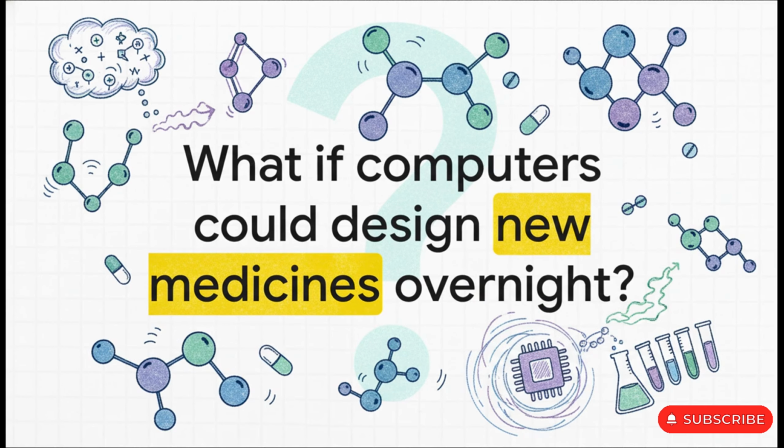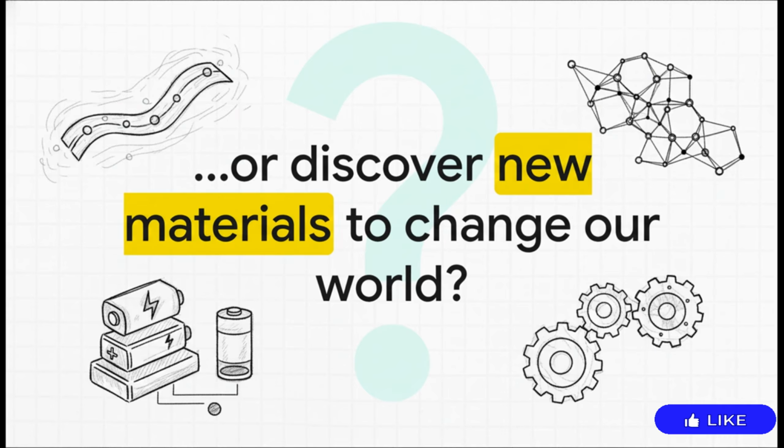We're talking about quantum computers that could simulate molecules with perfect accuracy, letting us design brand new, life-saving drugs, not in decades, but in a fraction of the time it takes today. And it doesn't stop with medicine. These machines could help us discover things like new superconductors for perfectly efficient energy, or create revolutionary batteries, or maybe even design materials that are stronger and lighter than anything we can imagine. The potential is, well, it's totally transformative.